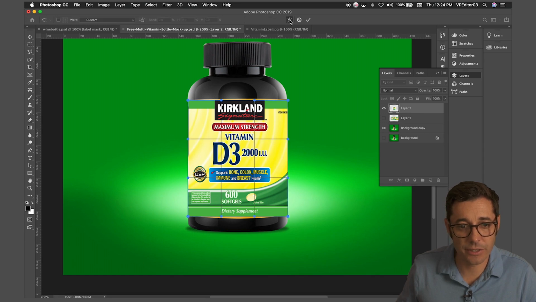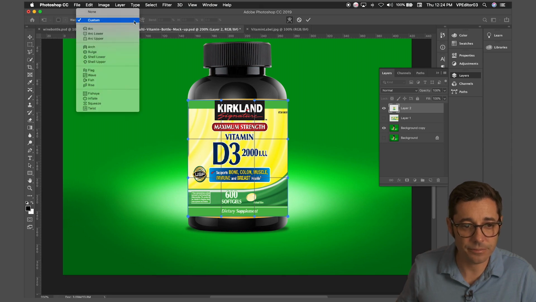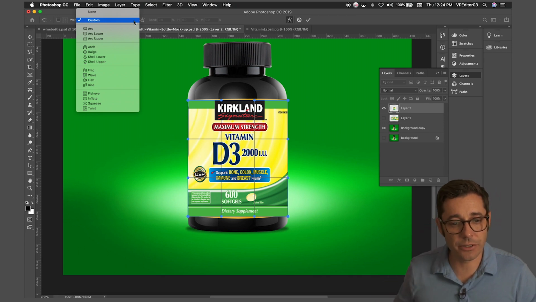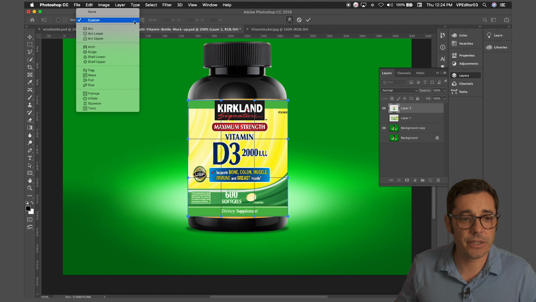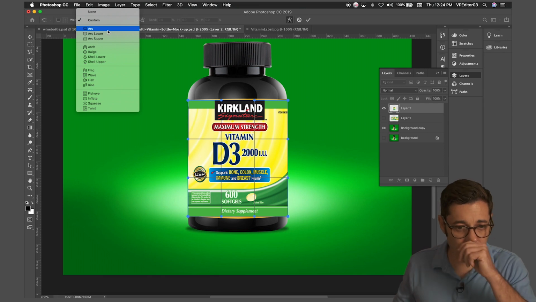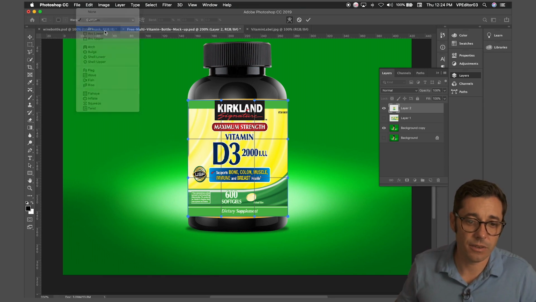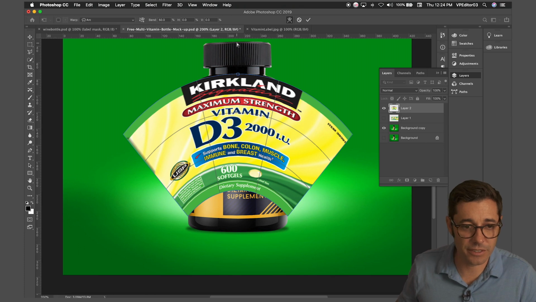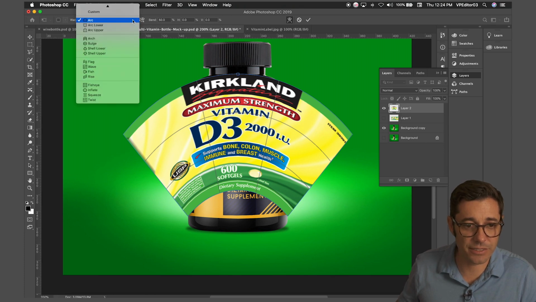If you click on this, you'll notice here in the tool options, you have warp and it defaults to custom. Custom is good if you have an irregular kind of shape, but because we know that this is cylindrical, we can use some of the presets here. So arc is one of the presets. If we click on arc, you'll notice that it does a pretty extreme job of that. We don't want it arced on both sides. If we go back to what we had before,